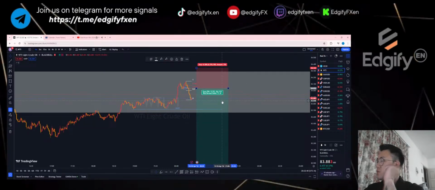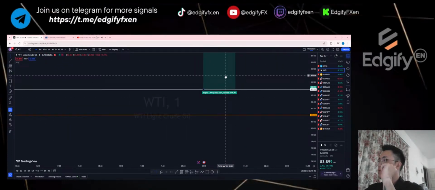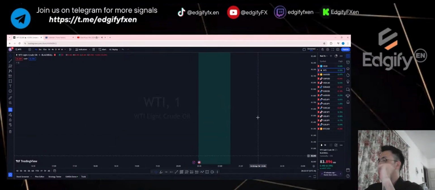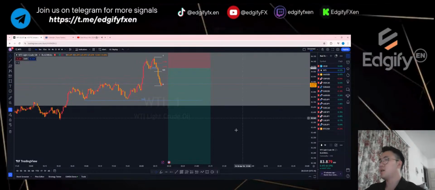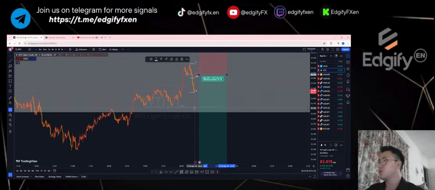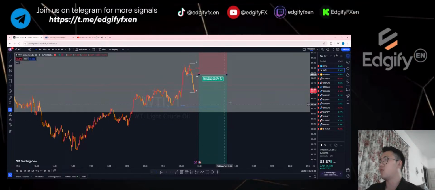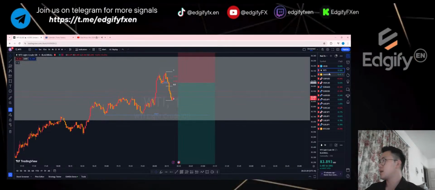Okay, we'll just see, this is a 1 to 11 risk to reward. We'll see if we could get this thing. Because the TP is about a 300 pip TP, right? It's quite far away. But I would personally prefer it if this were to be broken. If this guy continues to dump and it breaks this low, then it's something that I will be 100% taking for WTI. Okay, so we'll just monitor.